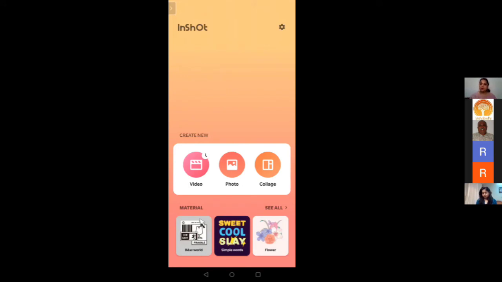Now InShot has an option of keeping a draft of your video. Whatever video you create, it will keep a draft of it unless you delete it, so that if you have to come back and rework on the video, you don't have to redo the entire process. When a draft is saved, you will see on top of the video a